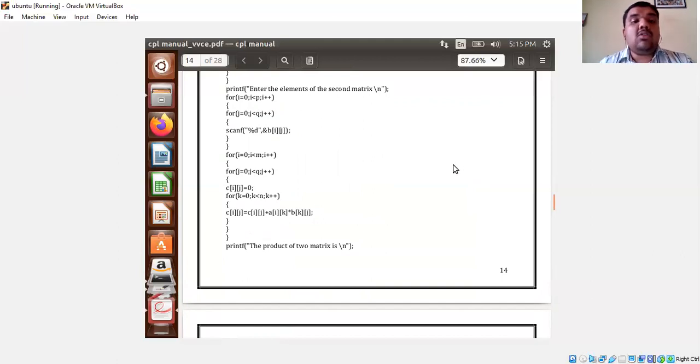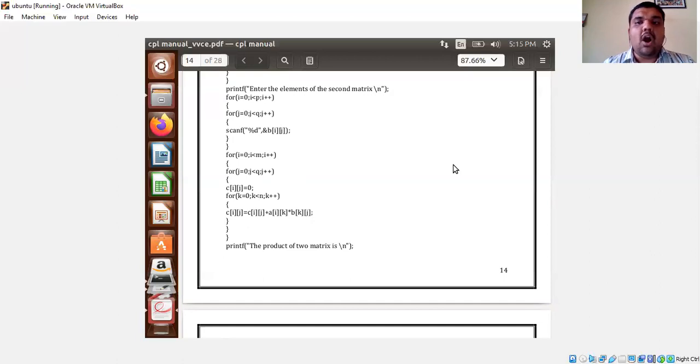As we have already seen, if n equal to p, then the resultant matrix will be of the order m cross q. Correct, right? That's why we have taken the for loop starting from for i is equal to 0, i less than m, i plus plus. For j is equal to 0, j less than q, j plus plus.